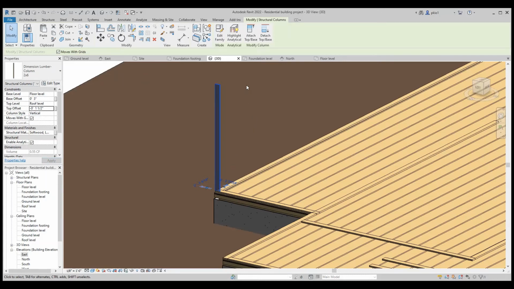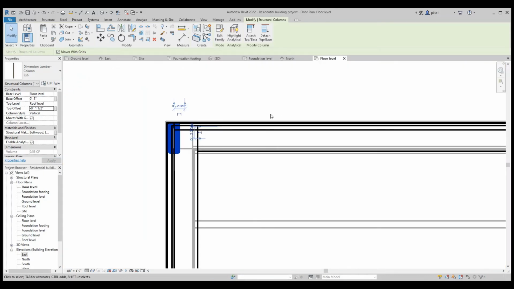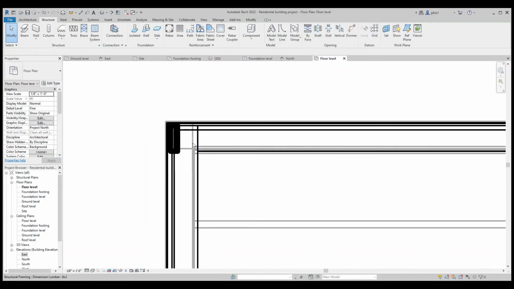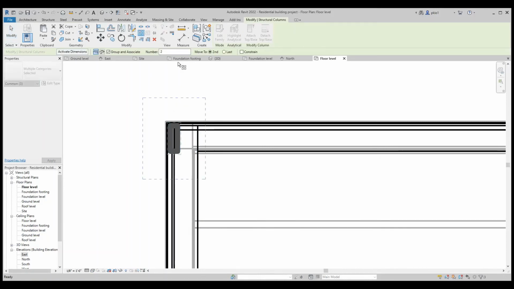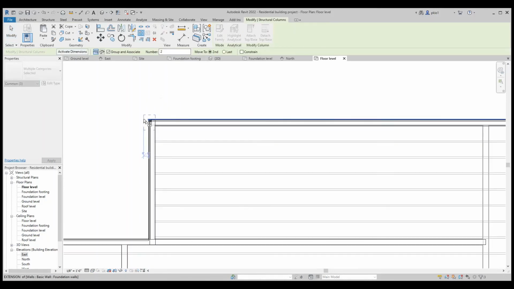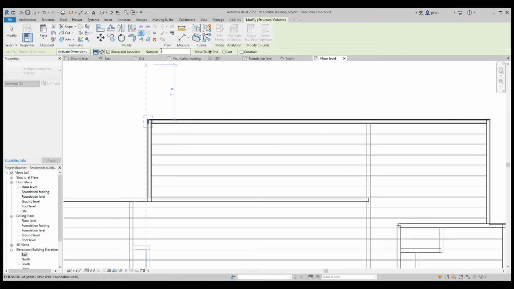So we'll go back to the floor level, and to make other studs, we select this and go to array and think about how many studs will fit into this place at 16-inch spacing.